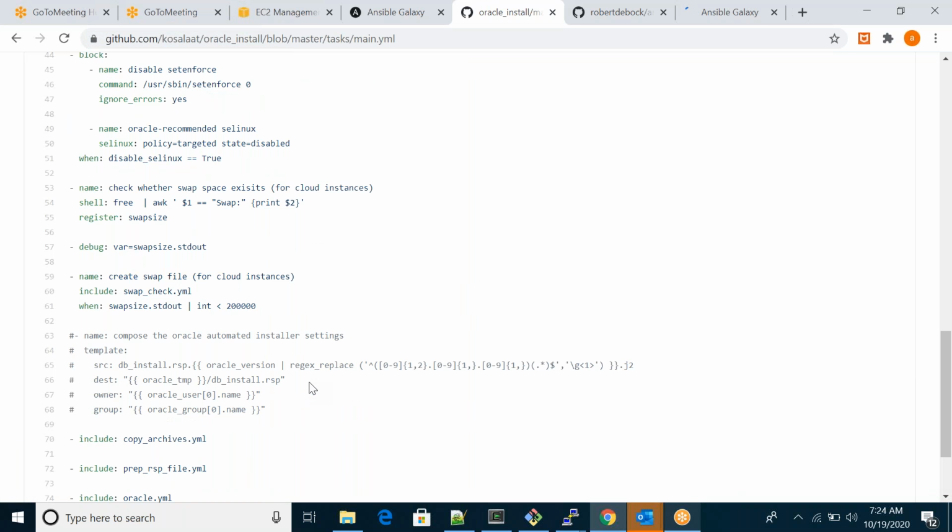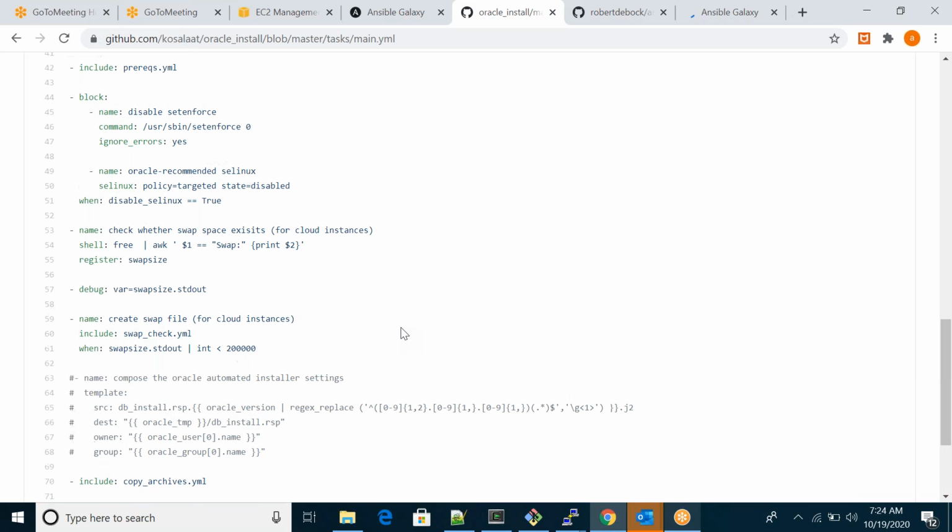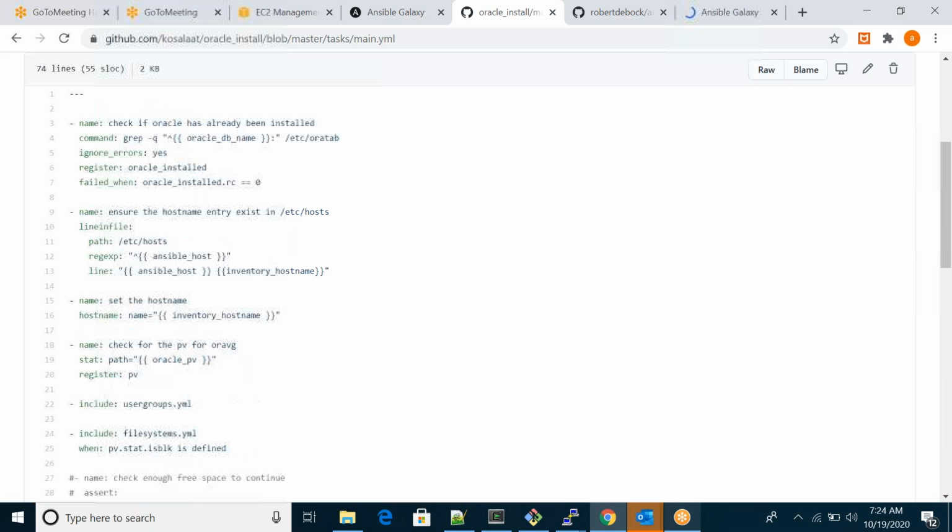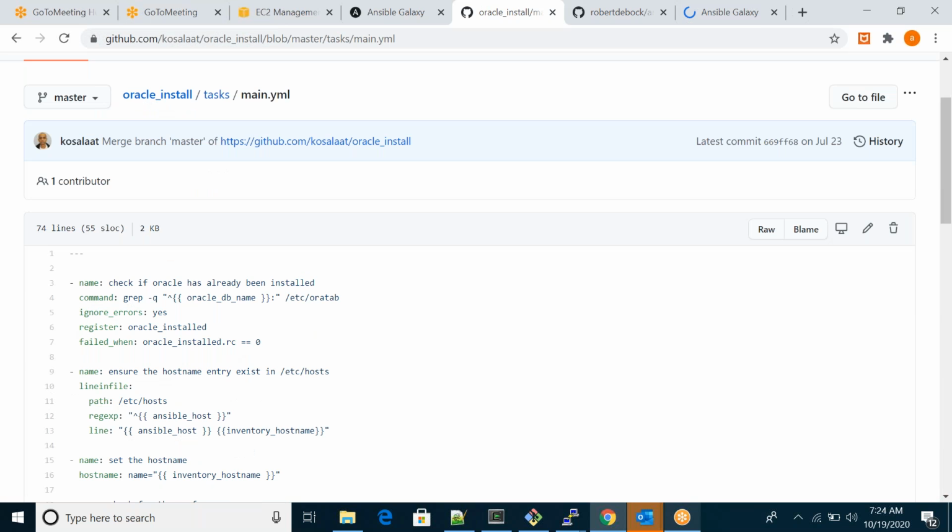So for example, in an environment you have one scenario or a requirement to install a database and configuration. So just take this playbook, download this playbook and modify it as per your requirement, as per your production, as per your company scenario. And also, you have to change these things while downloading this, right?